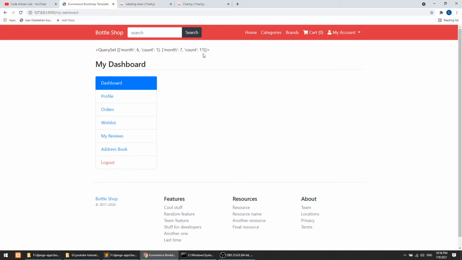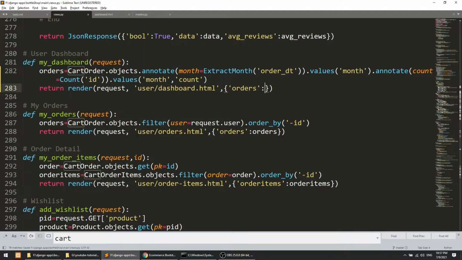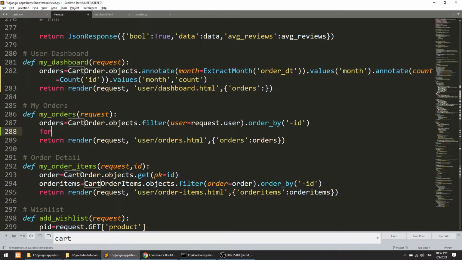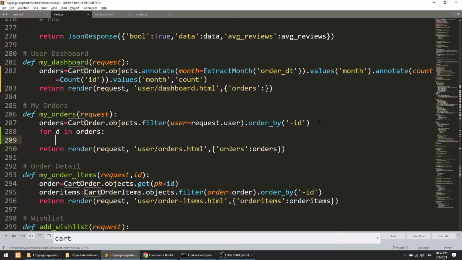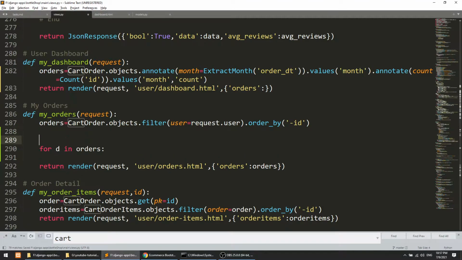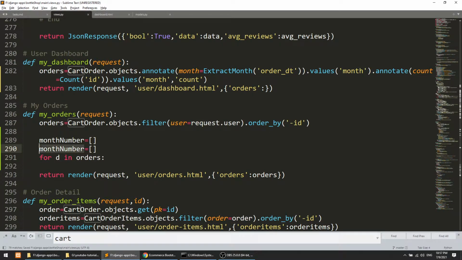We also need to convert this number into a month name, so we will use the calendar API also. Now I will do one trick here. We have the data, so I will loop for d in orders, and create two lists: month number, and count for total orders.